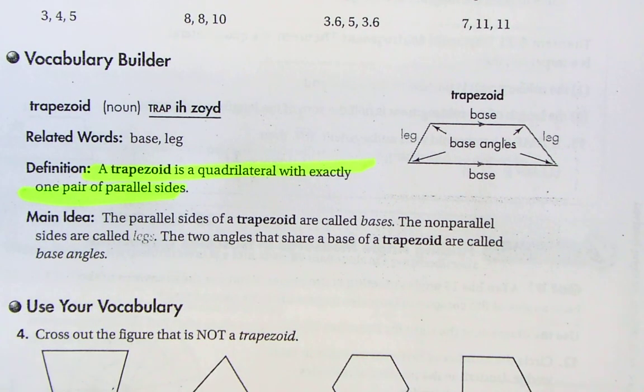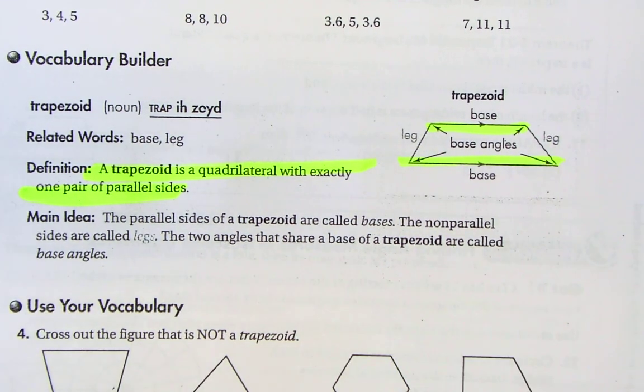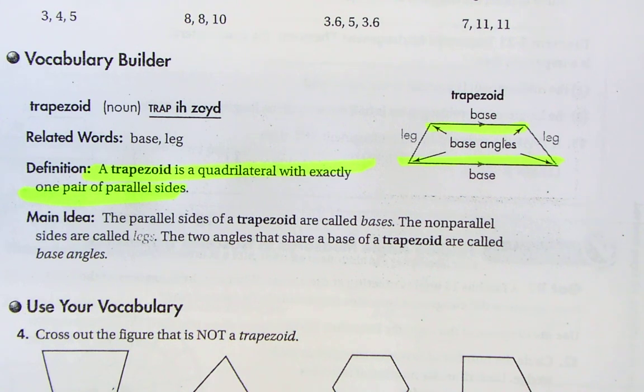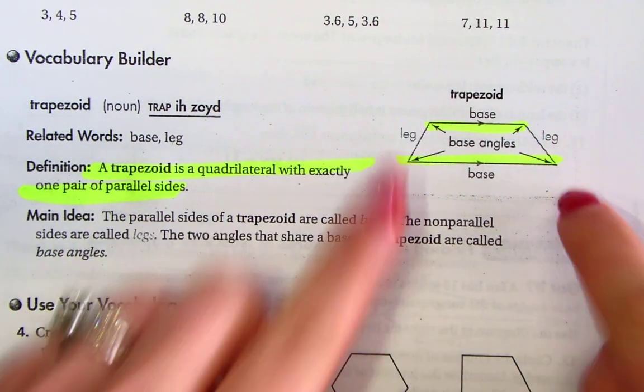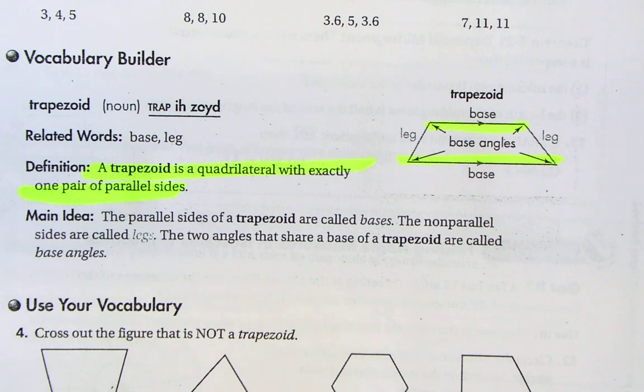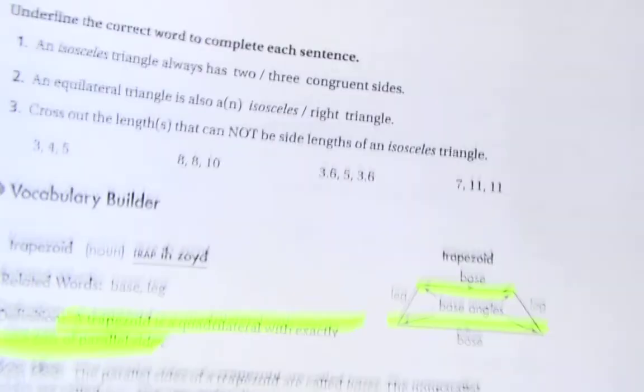So in this case, the two bases will be parallel, and then we have a set of legs that are opposite of each other. Now, we have different kinds of trapezoids. We're going to talk about a special type in just a minute. So we have to be a little bit careful in what we assume about trapezoids. We have base angles, which all four of these angles that are in the trapezoid are all base angles. And again, we're going to talk about a special type in just a minute. So I don't want to get too far involved into this before mentioning the actual type that we're going to work with. So looking at the top of the next page,